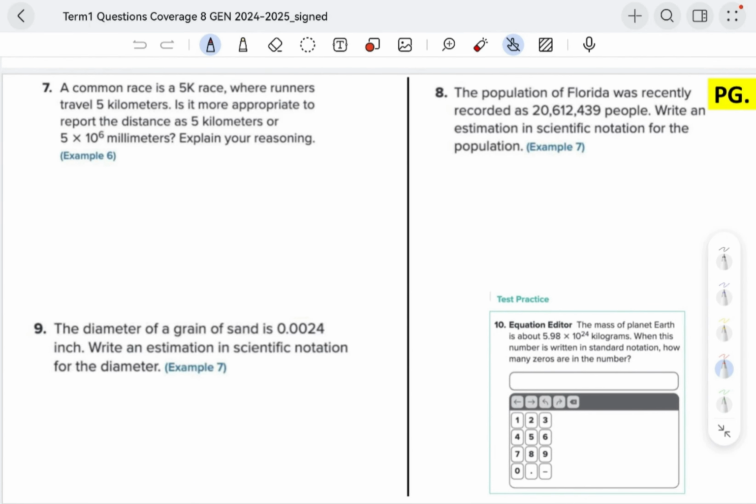Now let's go for question number 7. It says a common race is 5K race where runners travel 5 kilometers. Is it more appropriate to report the distance as 5 kilometers or 5 times 10 to the power 6 millimeters? Explain your reasoning. It's more appropriate to use 5 kilometers because here we have the big distance. We're going to use a bigger unit, okay? Big distance with big units. And we're not going to use millimeters. We use the millimeters for small measurement, okay? So we're going to say 5K or 5 kilometers is more appropriate